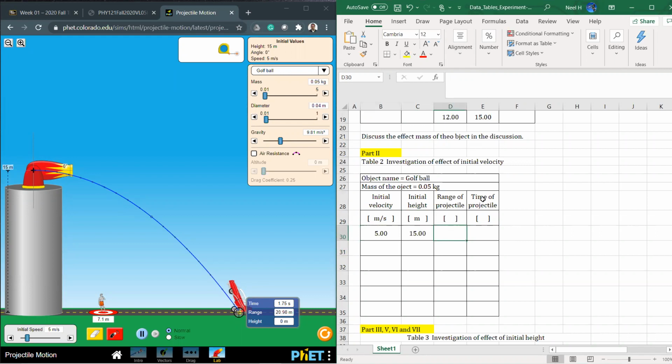Range of the projectile and the time of flight we're going to measure from the simulator. Range going to be unit meters. Time of the flight or the time of the projectile going to be second. Those two we're going to measure from the projectile. Okay, you can erase